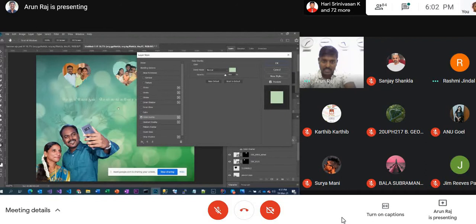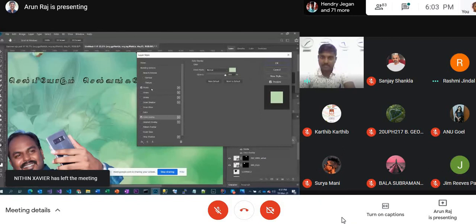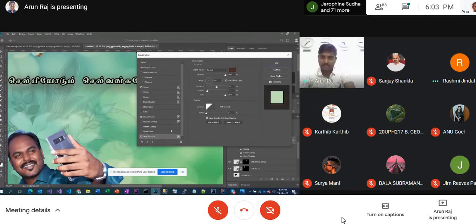So what are all the ways? If your image and your text are a similar color, first you need to do it with a stroke. It has to become normal, and when it comes to stroke, you have options. Make it outside, so the text and the stroke are separate, and make it a bit bigger so that it will be cleanly visible. And drop shadow can still work for you.